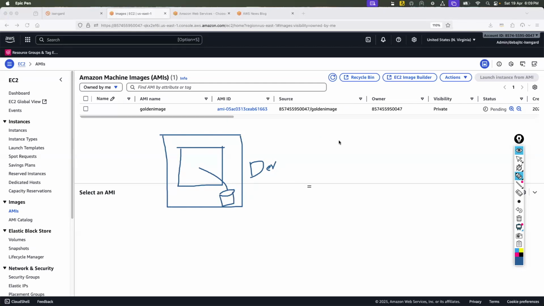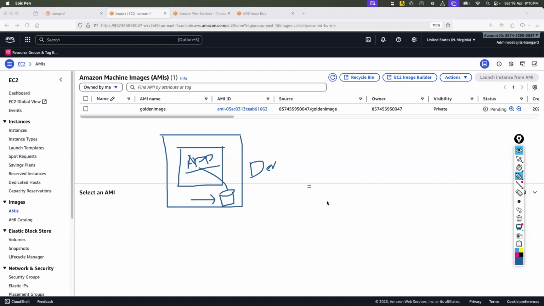Now the customer wants the same configurations of this AMI. Let's say you have already installed applications and done a lot of settings. If you have to repeat the same process, installing applications, settings, configuration, testing, it will take a lot of time, isn't it? So that is the whole concept of AMI.